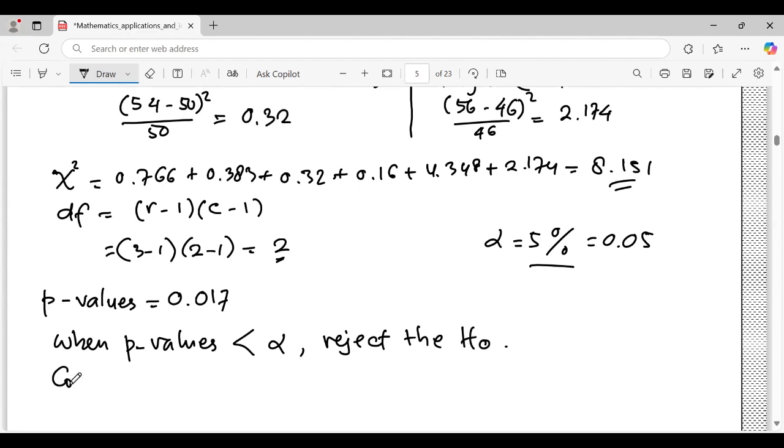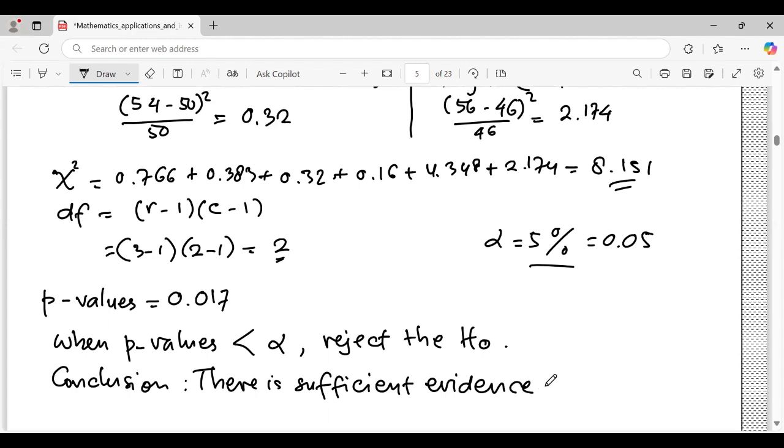But the conclusion is that there is sufficient evidence to reject the null hypothesis. Therefore, we conclude